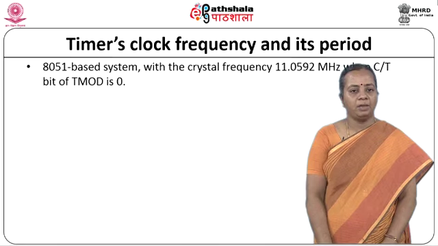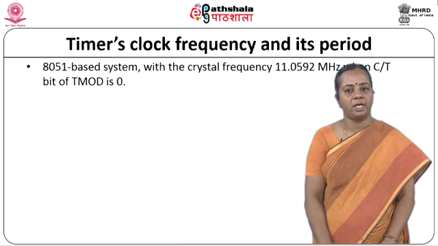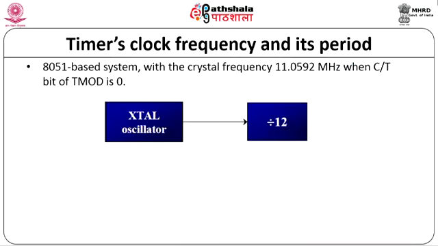Here in an 8051 based system we will have the crystal oscillator frequency of 11.0592 megahertz. This oscillator generates 11.0592 megahertz, but each machine cycle is made up of 12 clock cycles. So I will get the maximum machine cycles as 11.0592 divided by 12 in a single second. Now just see how many cycles I will be getting: 1 by 12 into 11.0592 megahertz, which gives us 921 kilohertz.